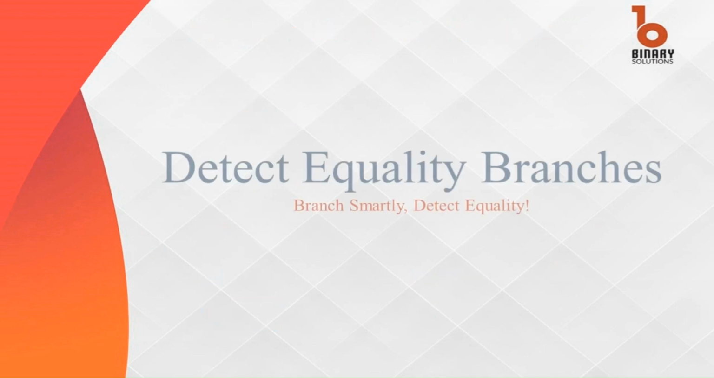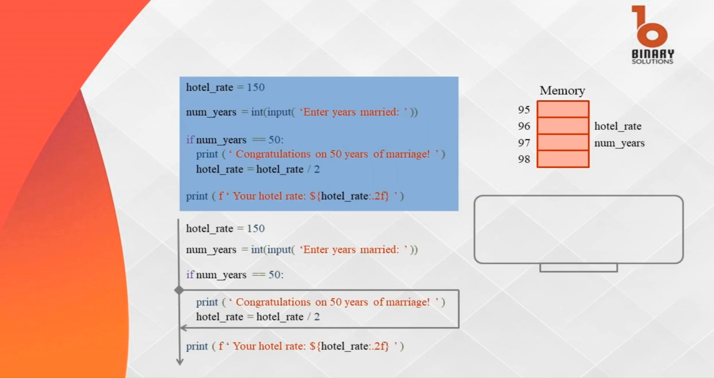Now move to the concept of detect equality branches. In programming, detecting whether two items are equal is a frequent requirement. This task is commonly achieved using an if statement combined with the equality operator. Consider a program designed to calculate a discount on hotel rates for couples celebrating their 50th wedding anniversary. The program begins by assigning a standard rate of 150 to the variable hotel rate. It then prompts the user to input the number of years they have been married, storing this value in the